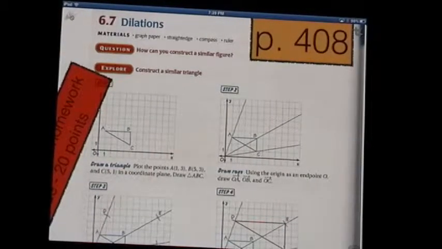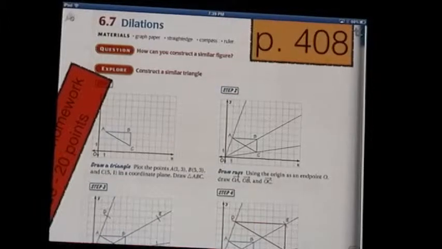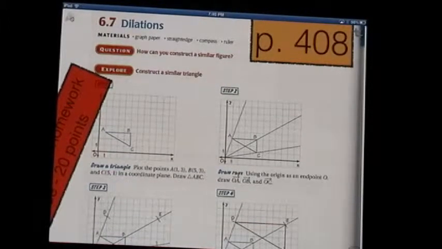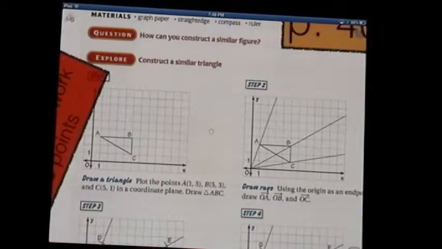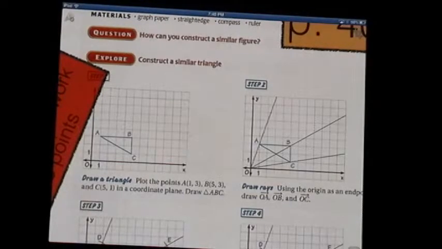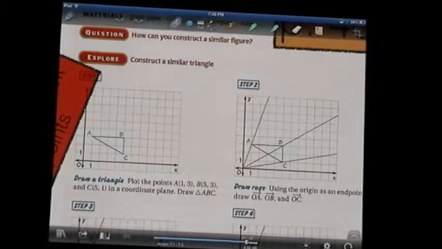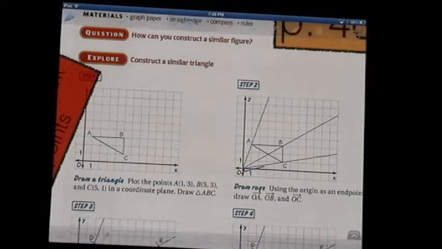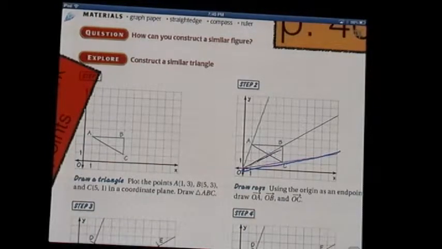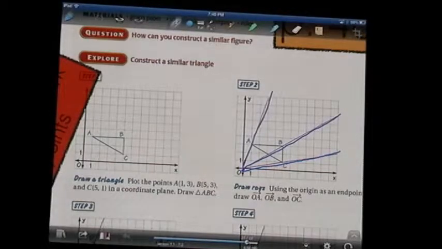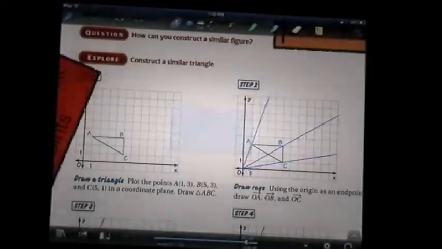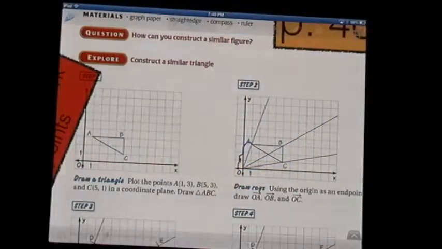Okay, we're looking at page 408, 6.7, the activity on dilations. On a piece of graph paper, you're to construct a similar triangle. You start by drawing a triangle, and then you draw some rays from the origin. Those rays have to start at the origin and go through the vertices. Okay, then they want you to measure this distance between OA